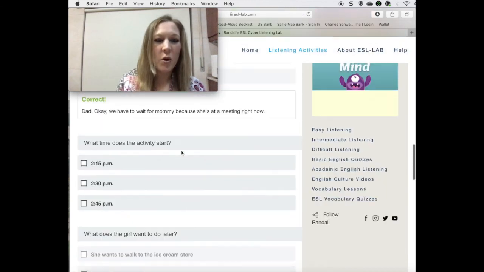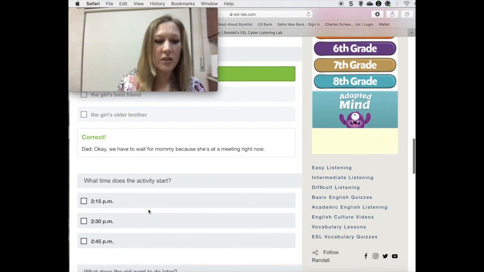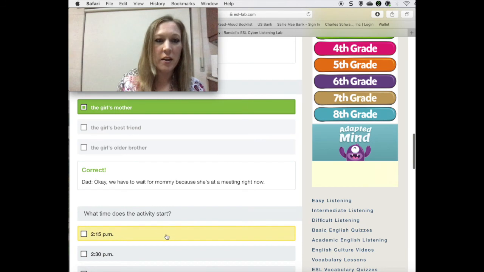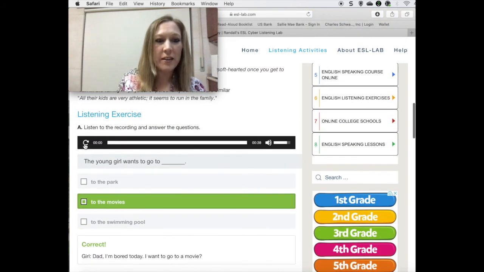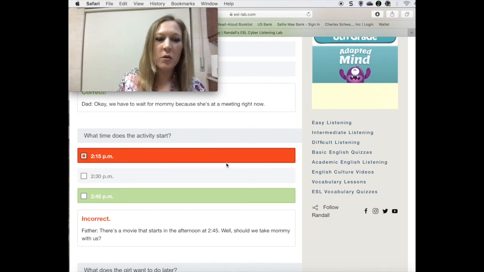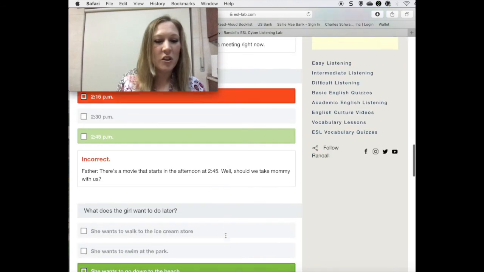Okay, so maybe when you listen, you might miss one of the answers. They played these answers out of order, so maybe you missed this one. You can always play again, okay? And if you do guess and get it wrong, it will turn red, so you'll know it's incorrect, and it will give you the correct answer here. If it turns green, it means it's correct, and it gives you the answer here, which is nice.